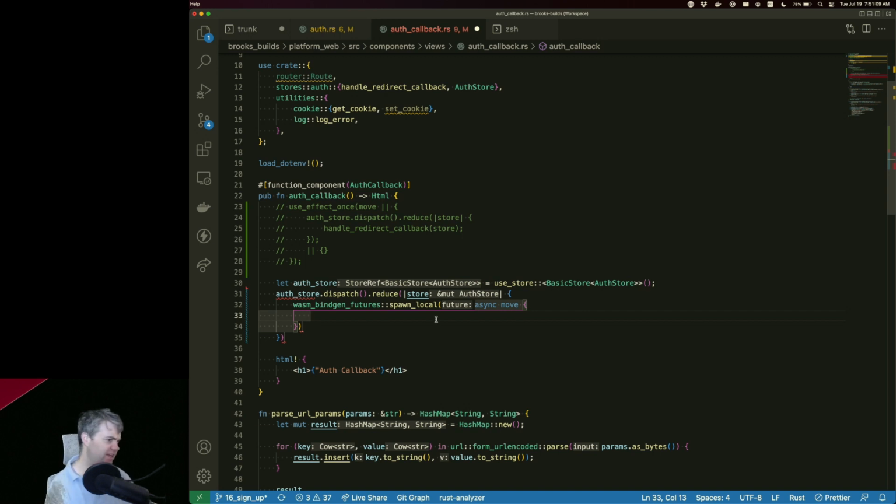Hopefully this will work and I can move a mutable reference in. I only have one at a time right now, so I think that it should work and the borrow checker should be okay with it. We will find out. Okay, so this is handle callback, store, and await.